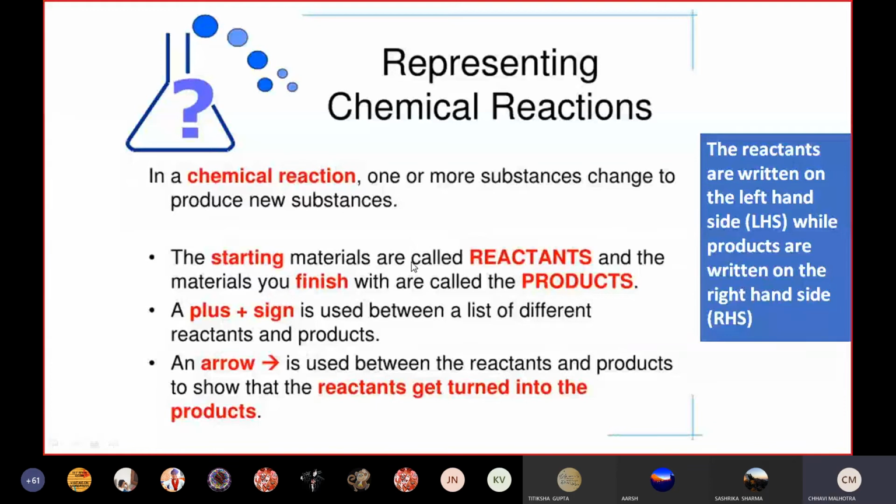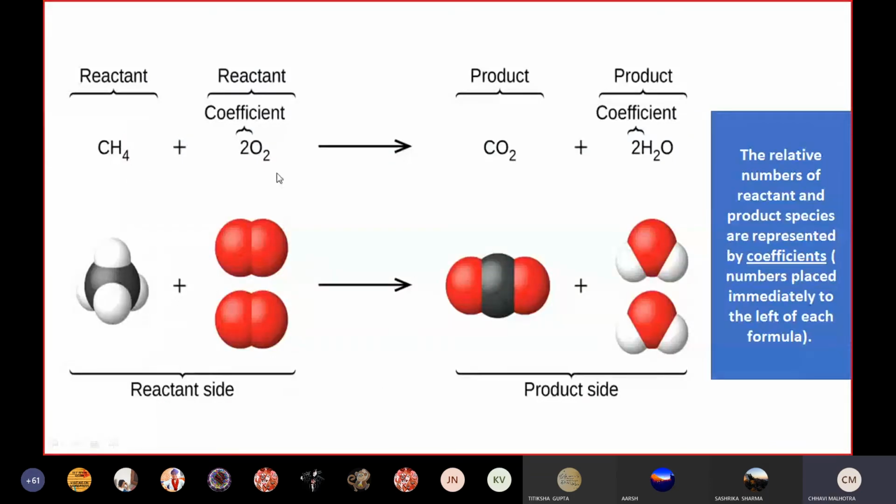This I've already covered, and this also I have already shown you. Methane plus oxygen gives. So if you see, methane and oxygen are reacting with each other, so we have put a plus sign in between. Products are carbon dioxide and water, so 2 products with a plus sign in between. Arrow pointing towards the products. And this coefficient, this number before the formula that you are seeing, is representing the number of molecules of the reactant or the product. This you do in balancing, which you are not doing this time.